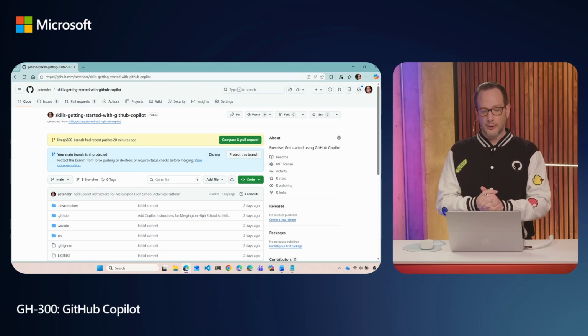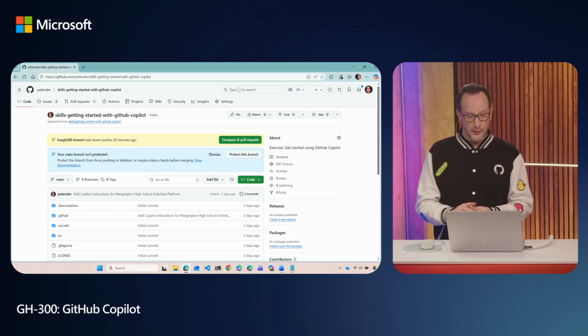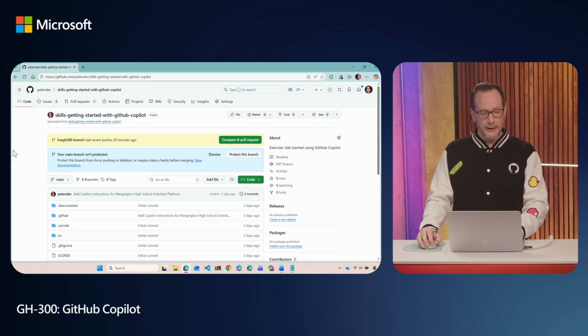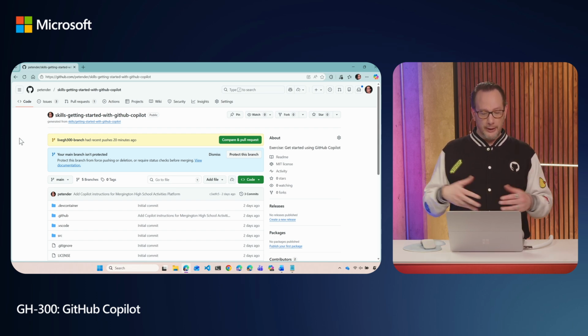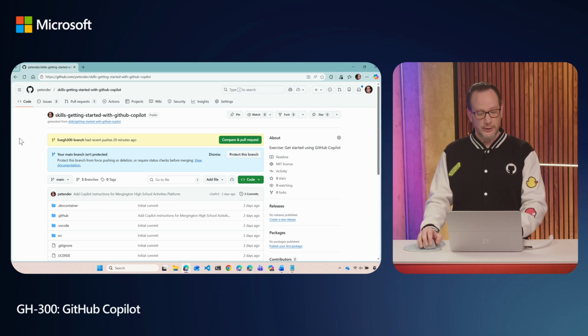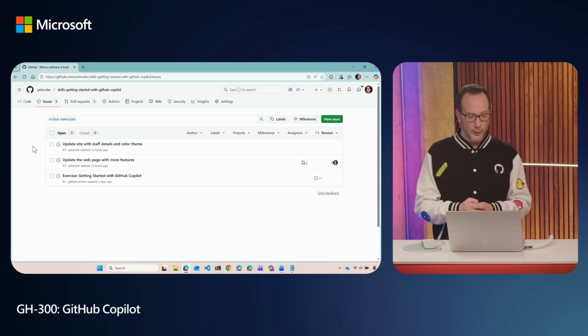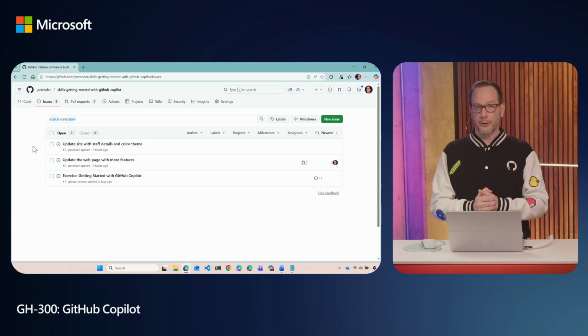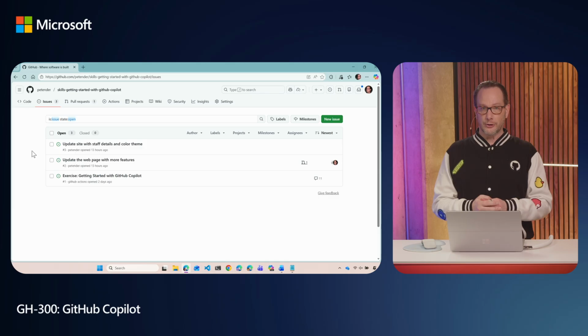So I'm using the public repo, the reference repo that I used for most of my demos throughout all the videos here. And that's the skills getting started with GitHub. So that's the school web application that we use. And as you can see, I do have a few issues. Now, the first one I would say was one for me to try out, just prepping my demos. The second one I'm going to use to show you once the process kicks off, because it takes a little bit of time, about 10-15 minutes